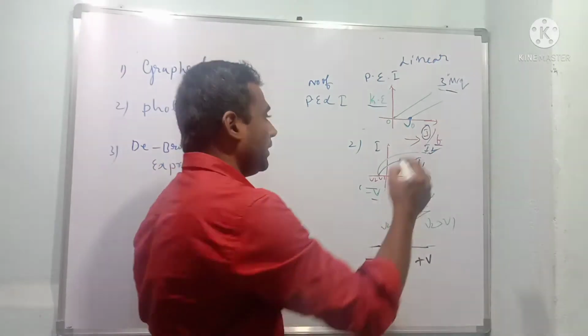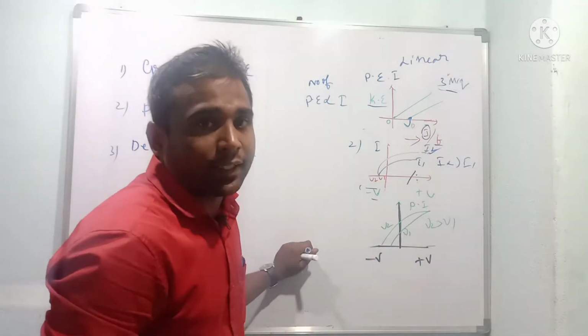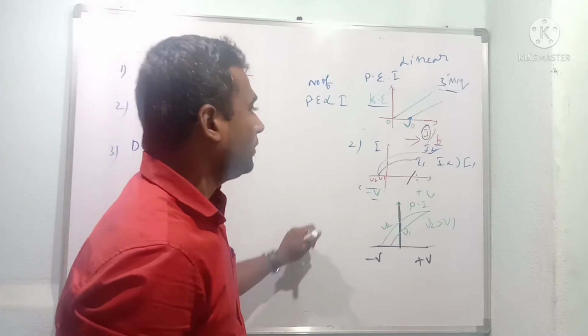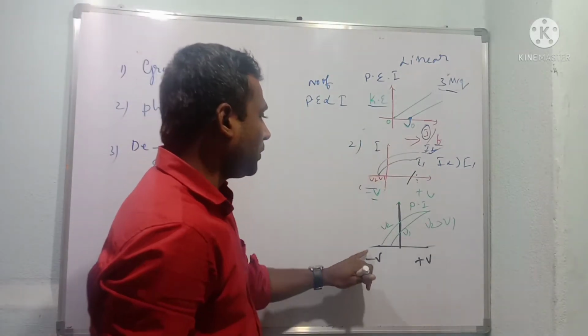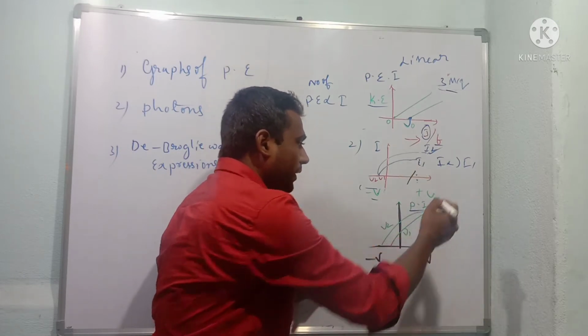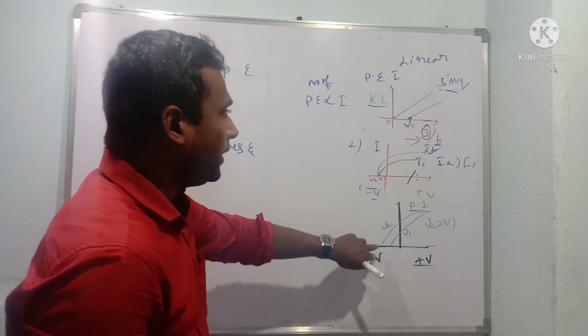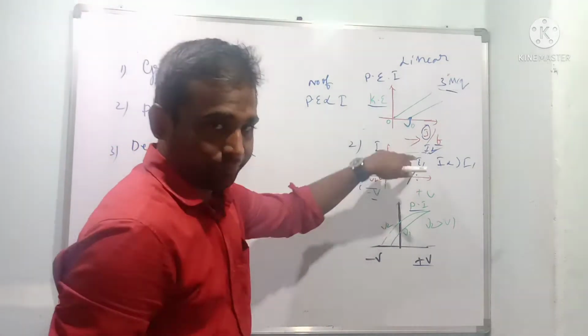Now what is my point here? I2 is greater than I1. They will give conditions like this in the exam. So after understanding this, come to the next one: when I plot a graph of photoelectric current versus stopping potential, here it will come as a linear graph.